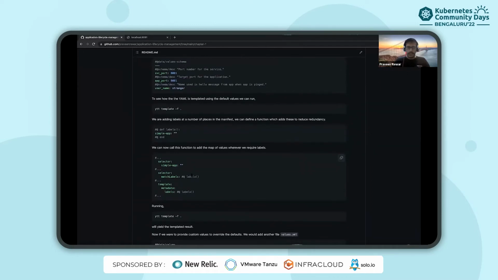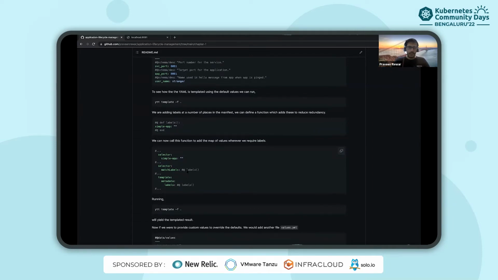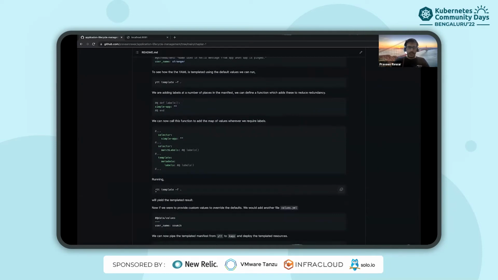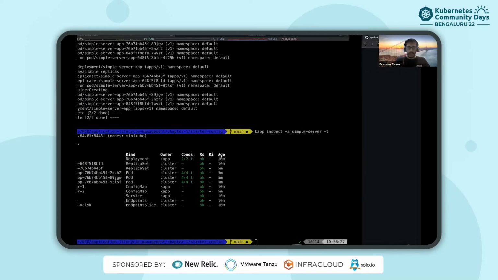So we do match labels, and labels, which would basically provide all the labels that are in this function to wherever we have called this labels function. Now, if we do ytt template -f dot, which is basically the current directory,